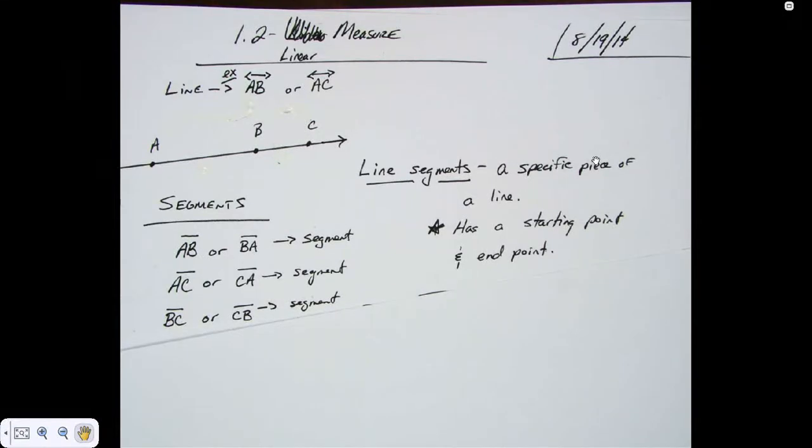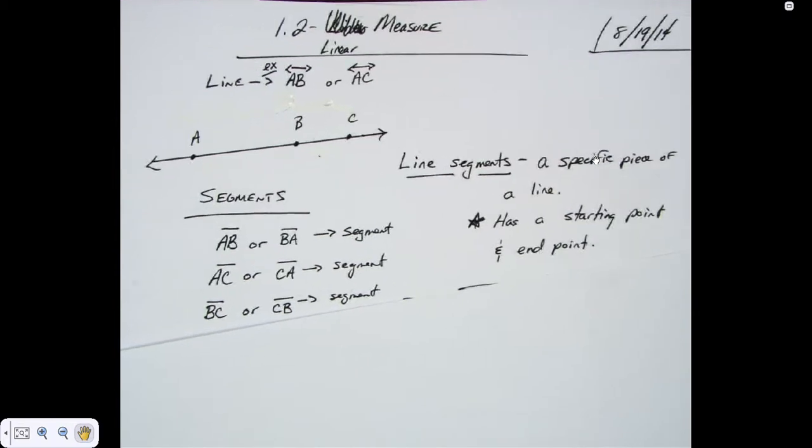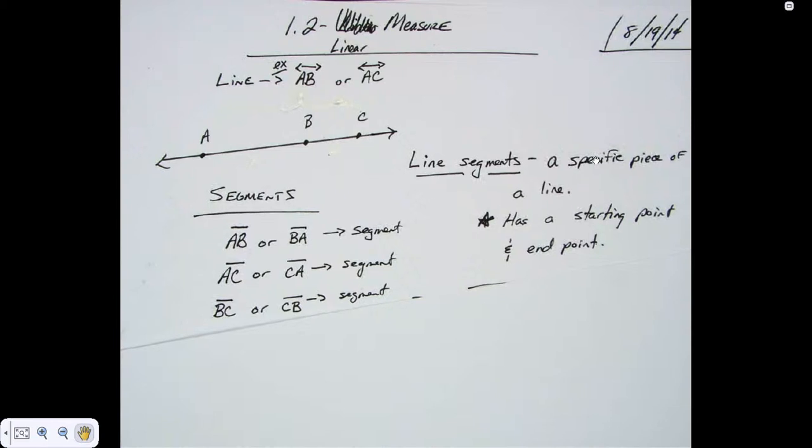What we're going to talk about today is, yesterday we talked about lines. They go on forever and ever. Okay? What we're going to talk about today are pieces of those lines. We're going to talk about the measures of them. We're going to talk about betweenness. All things that common sense wise you probably know about. You just didn't put geometry terms to it, if that makes sense.